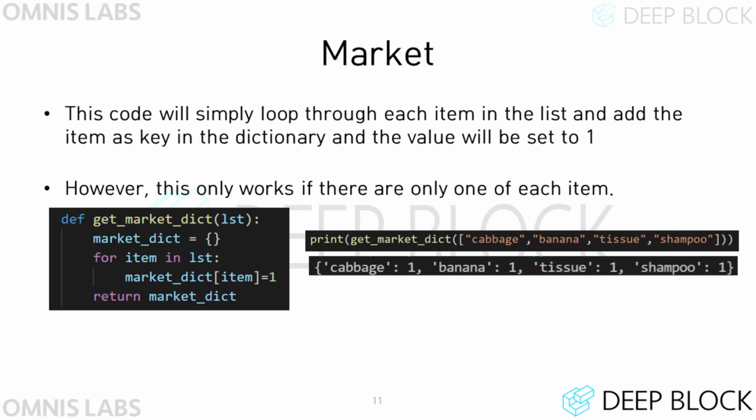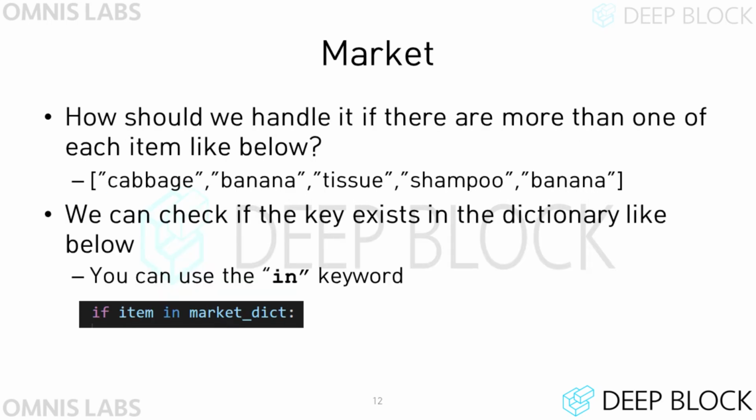However, this function works normally only when there is one item per product. In other words, this function does not work properly in a situation where there are multiple stocks of one product in the list. For example, let's say your inventory list looks like the following list. If you look at the list, there are 2 bananas.